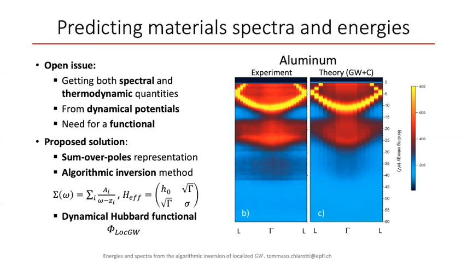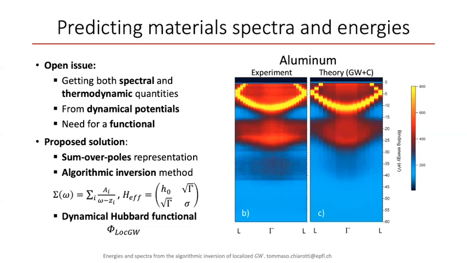Now, there are two problems with this picture, at least two issues. One issue is, okay, you got a very good spectral function. What about the total energy, for example? What about the thermodynamics of this calculation? The other issue is what about correlated materials? So there are already answers to this, of course, in the literature, vast 40 years of research about this. But let's say we are going to overview the literature a bit, and then